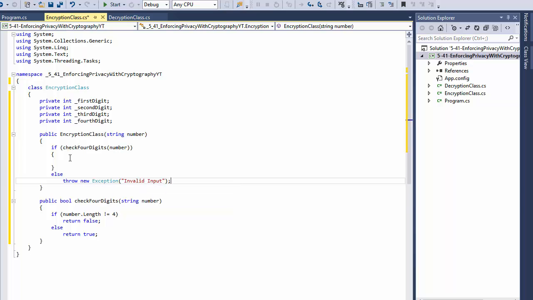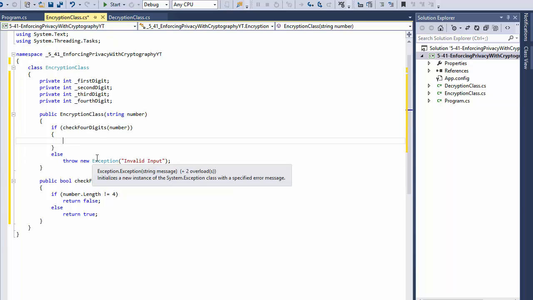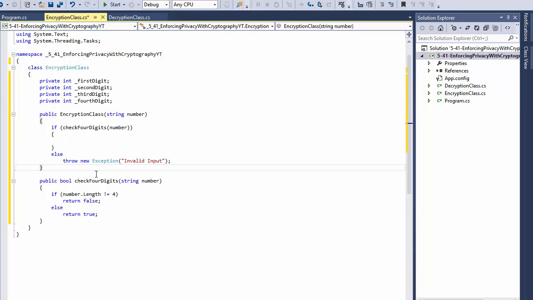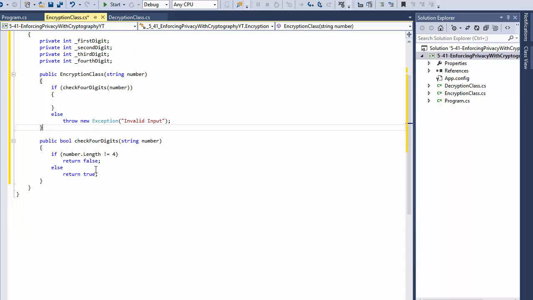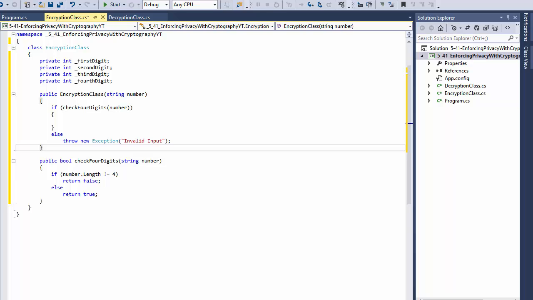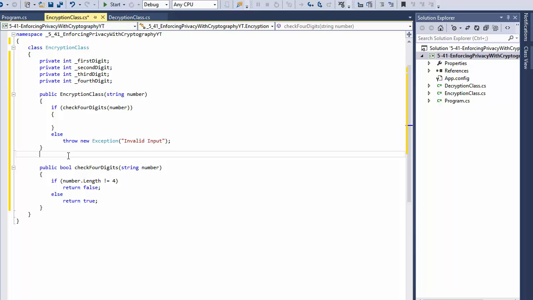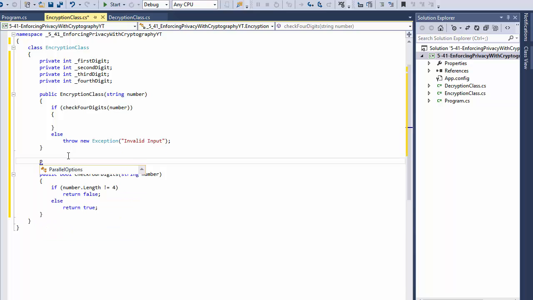Now if it is good, if it's 4 digits, then we can assign the value to our first, second, third, and fourth digits. But I will declare a property for each of them because these are private, so I don't want to access them directly. I want to use the methods and the properties to access those values. All right, so I will do public, and it will be an integer, obviously, first digit,